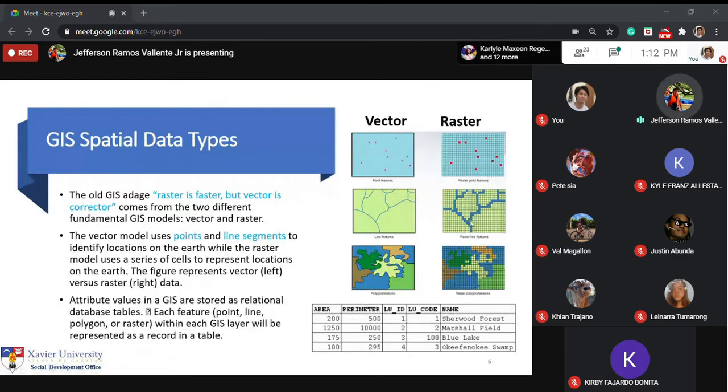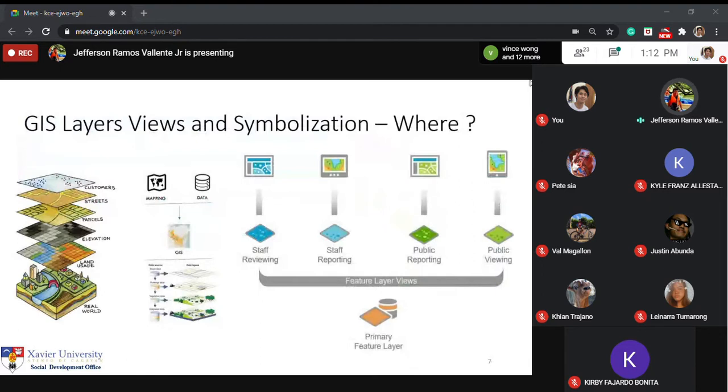In vector, you can really define the location of a point, but in raster, as we say in pictures, it's pixelated because each of the fragments of that image is a composition of small pixels. So these pixels will lead to the general feature of your data. The layers will then be put into attributes. So this is an example of a workflow that you will be utilizing in your